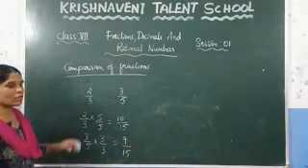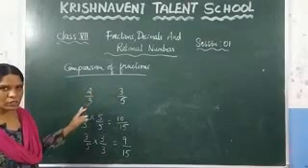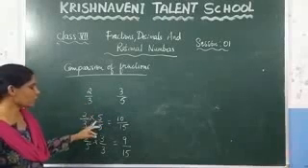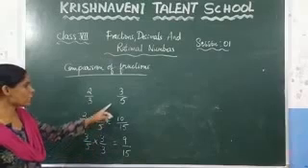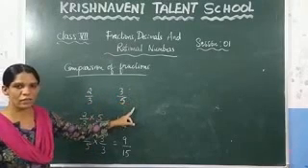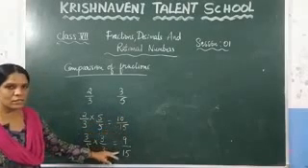So here you were given two fractions. Since we cannot compare them because the denominators are not the same, what we have done here is make the denominators equal by multiplying and dividing this fraction with this number, and the other fraction with this number, so that you can observe that here the denominators are the same.